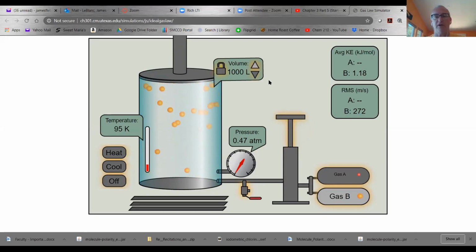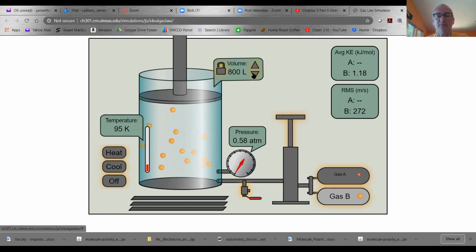Just pick a volume and then lock it. Hit the little lock. That way it stays at 1,000. Or if I want to reduce it, it's going to stay at 800. No matter what I do, that volume is going to stay the same. I can put more gas in, I can change the temperature, whatever, but that volume is going to stay the same. And that's important for this because in this particular set of experiments, we want to see what the relationship